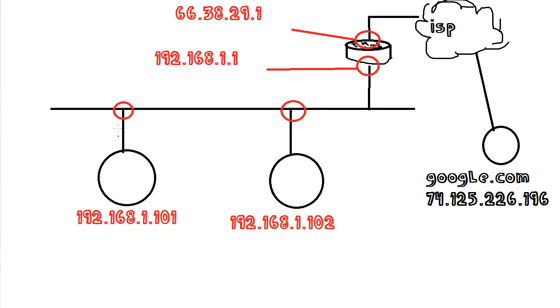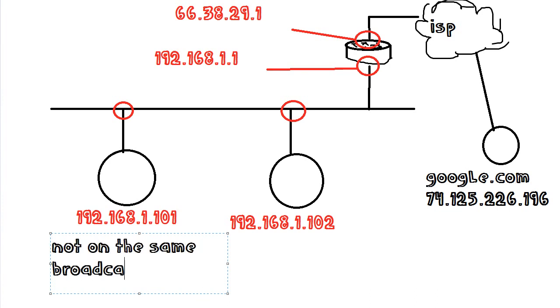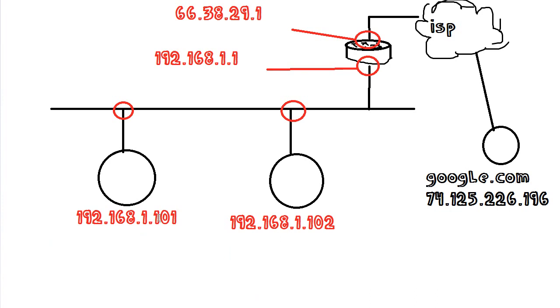When this machine wants to send to an IP address that it's never sent to before, it needs to figure out what MAC address to send it to. And it uses what? ARP. The problem is that your computer and Google.com are not on the same broadcast domain, which what did we say was fancy for? When you send a broadcast, it's not going to hear it. Why? Because your broadcast will stop at the router. That is the regular behavior. Even if your router forwards the broadcast, your ISP will stop it, and it will stop at every router there.